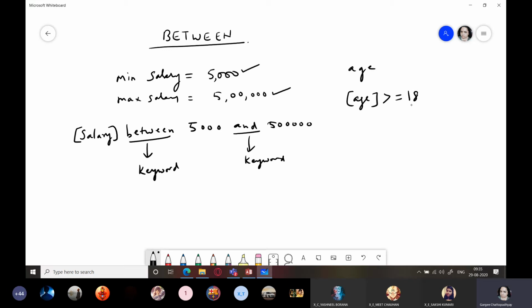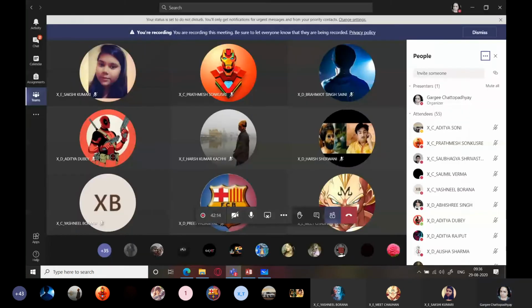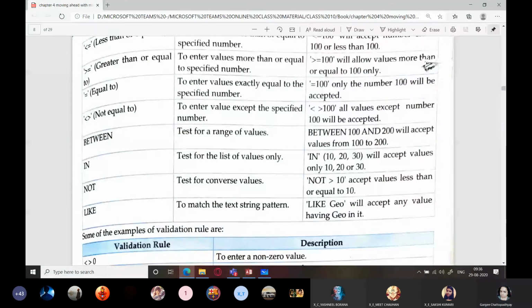So for that, I have to take the minimum age criteria as 18. So age field should contain minimum 18 value. Salary field should contain minimum this and maximum this. Is it clear to everyone? Yes, ma'am.